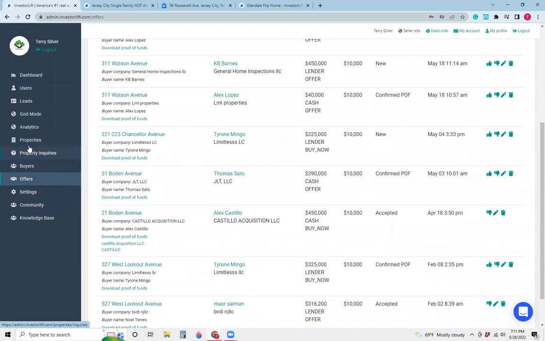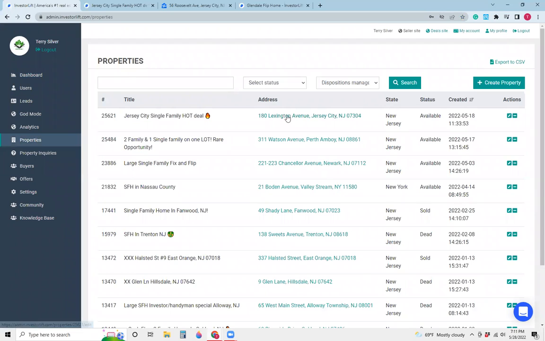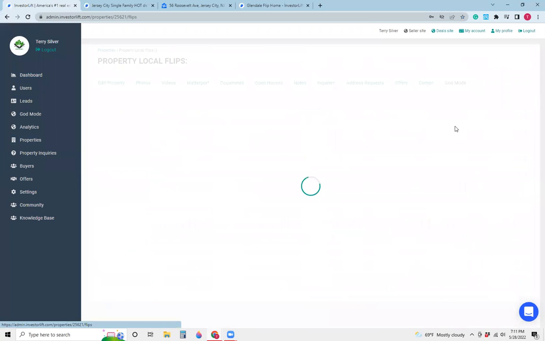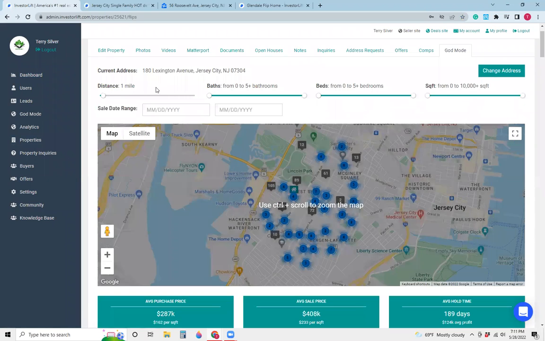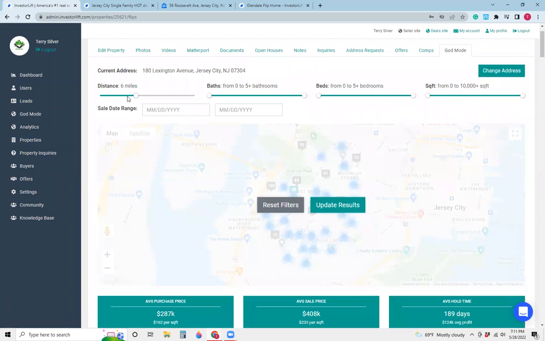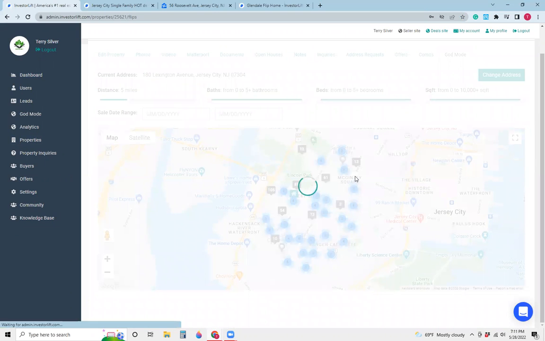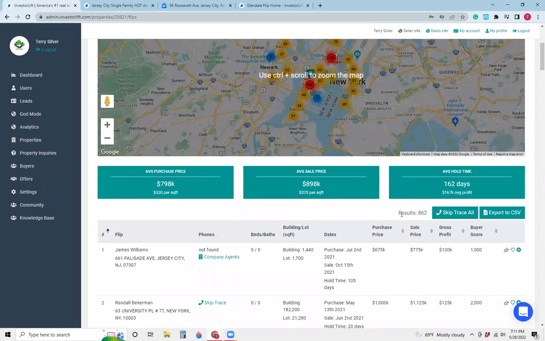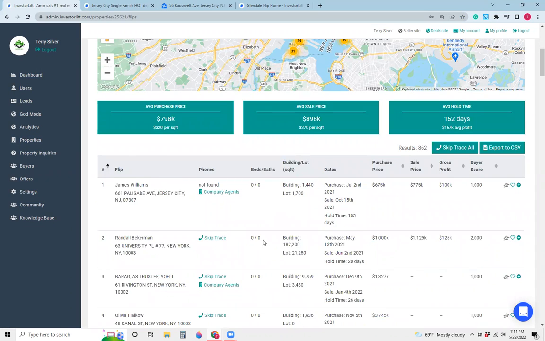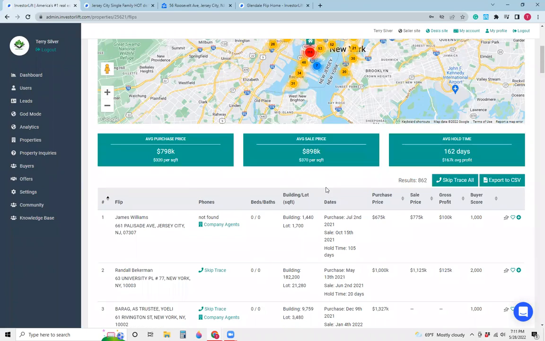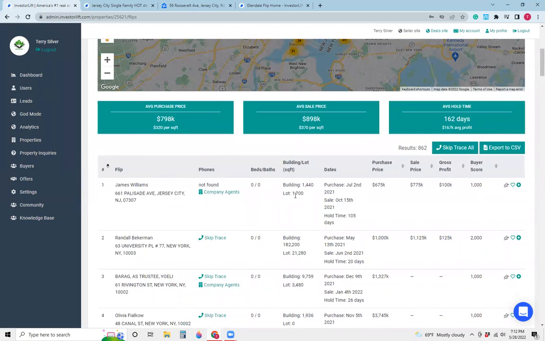And then we go into the God mode of these properties, trying to find a buyer within a certain parameter. We can increase the distance to 5 miles, update the results, and we'll get a larger pool of buyers. If someone has already skip traced, they're building an ecosystem. If the information is already skip traced, it'll show up as skip traced. If not, it'll give us an option to skip